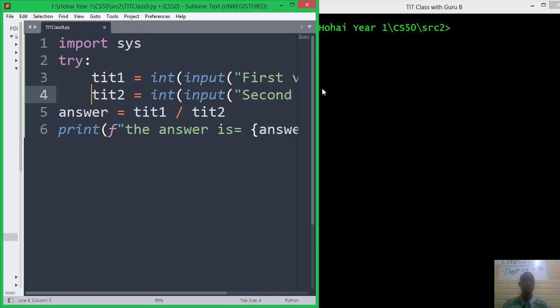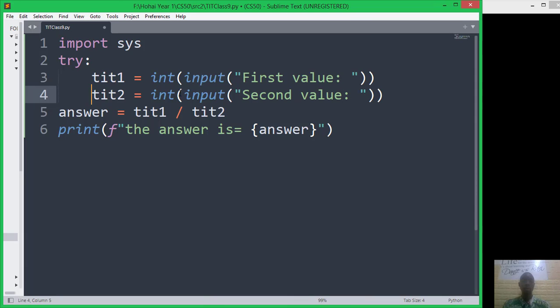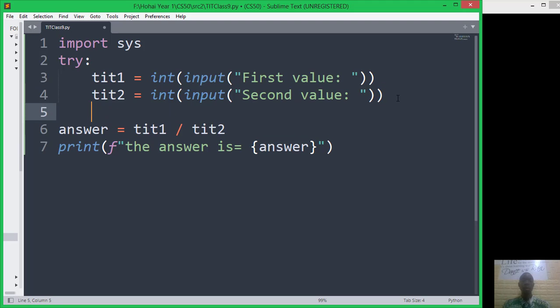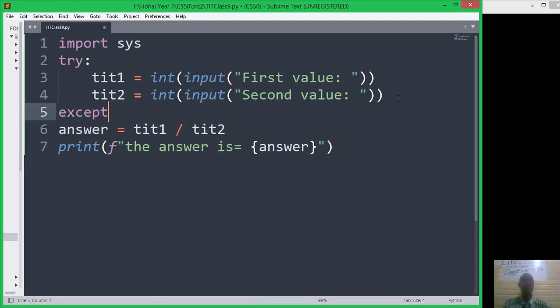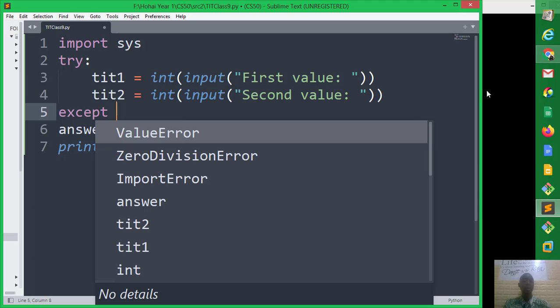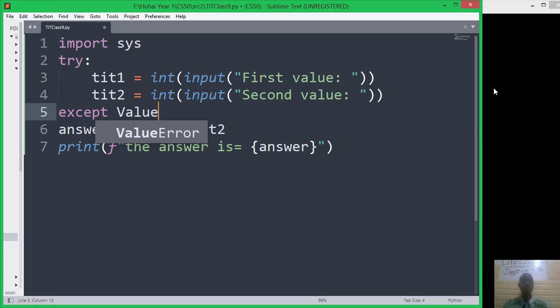And then Python also deals with indentation. So let me open the screen wider so that you can get a better view. I'll try to do this thing, okay? And then except. The first one we had was, what was the first problem we had? We had the value problem. So the person typed a letter and that was a value error problem. So except for our ValueError problem,